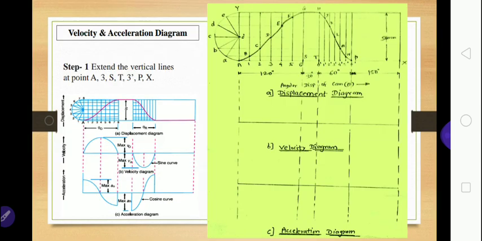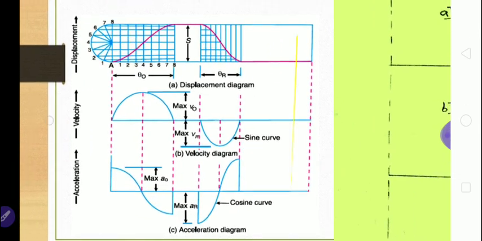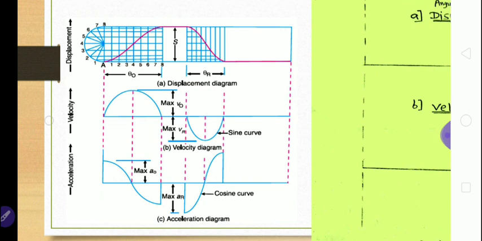After finding these, you have to plot these maximum acceleration and velocities in the velocity and acceleration diagram. You know the nature of the velocity and acceleration diagram for simple harmonic motion. If displacement is in simple harmonic motion, then in velocity there will be a sine curve and in acceleration there will be a cosine curve, as shown in this plot. This we have seen in the third lecture in this series, wherever we have seen different follower motions, and for these motions we have seen velocity and acceleration diagrams.